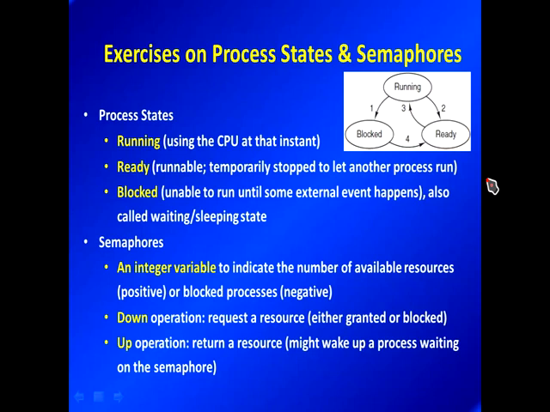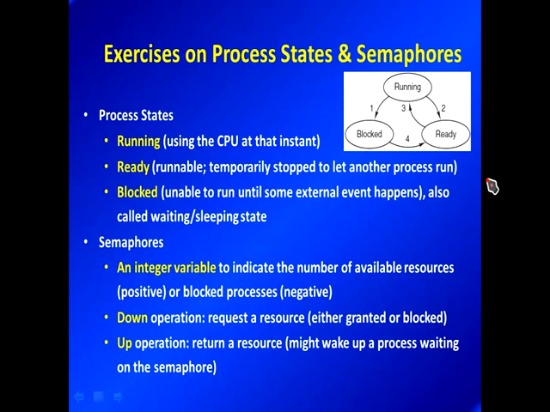It means if the semaphore is a positive value, then there are available resources in the system. And if it's a negative value, minus n, then it means there are n blocked processes which are waiting